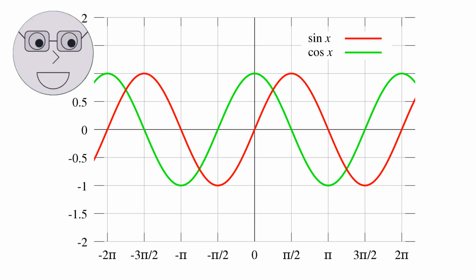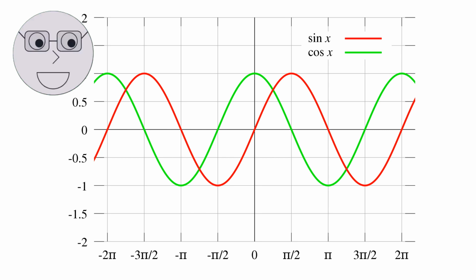The sine and cosine functions are periodic functions, which means that they repeat their values after a certain interval. The period of these functions is 2π radians or 360 degrees. This means that the sine and cosine functions have the same values at angles that differ by multiples of 2π